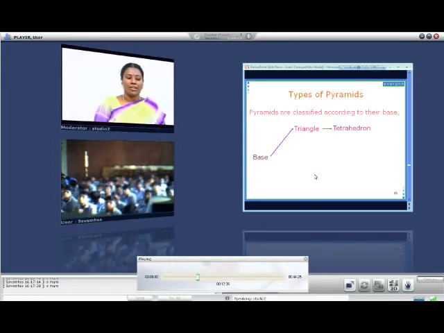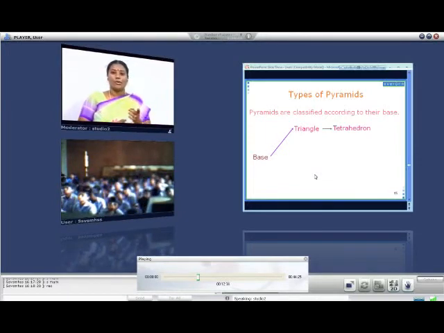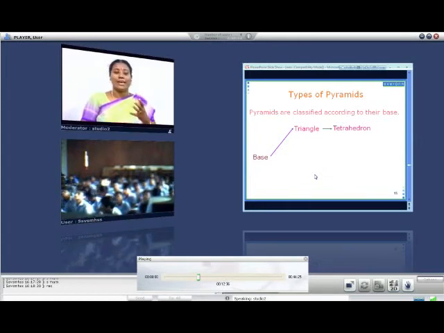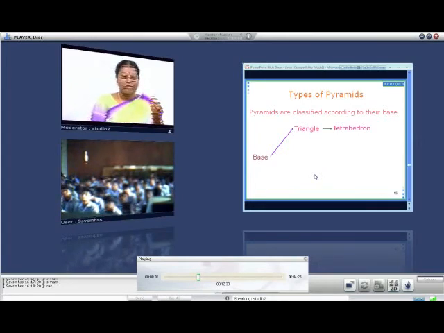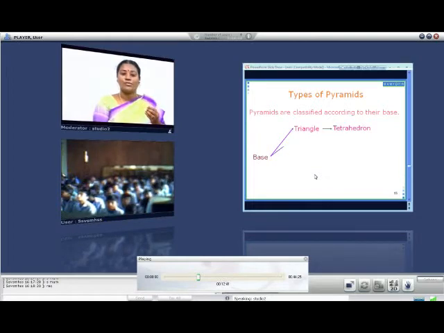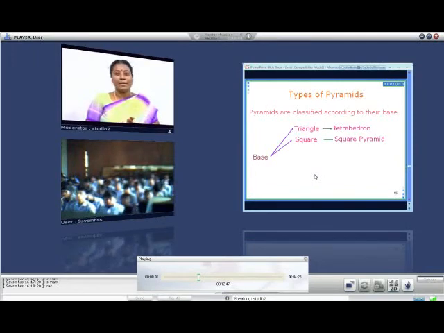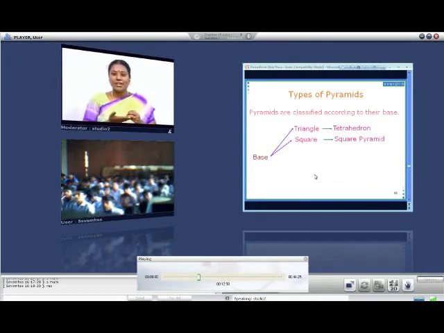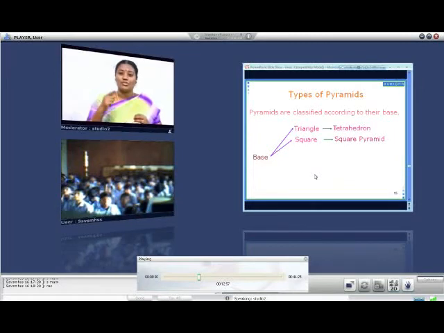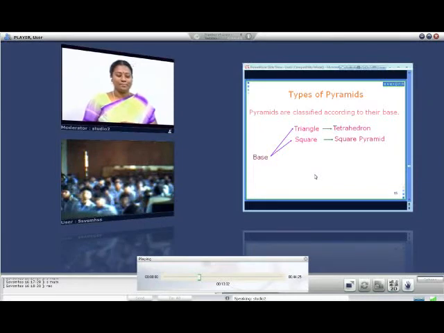Yes, what is the four-sided polygon, Sundareshwara? A rectangle. Here all sides are equal. We are going to consider the sides to be equal, so I am going to take a square. If the base of the pyramid is a square, then you call it a square pyramid. So according to the base, you can classify pyramids. Here the base of the pyramid is a square, and so you call it a square pyramid. Are you clear?